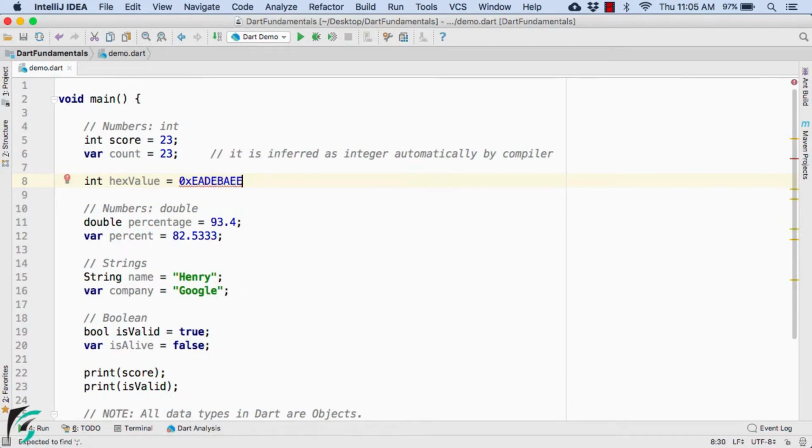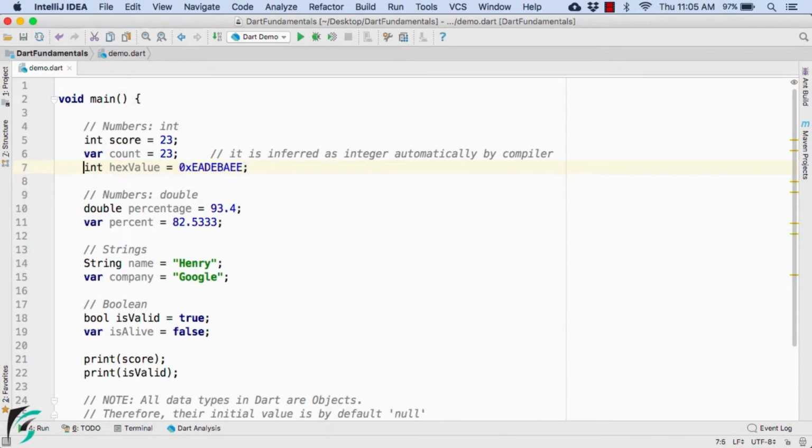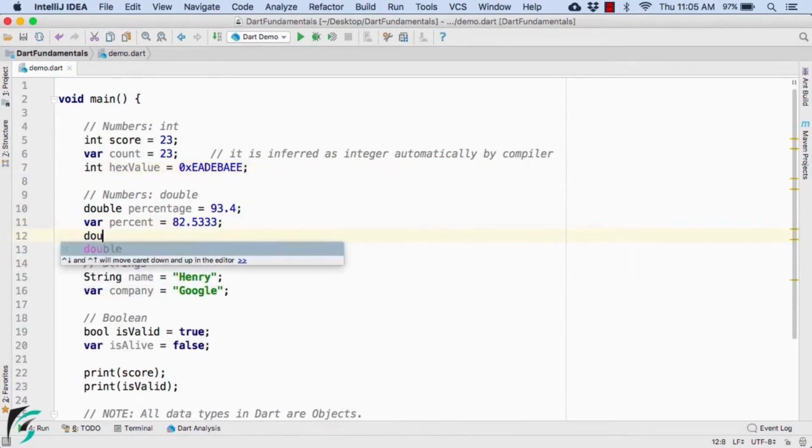Just make sure it has to be in 8 digits like this, and it will basically work fine. Well, this hex value basically represents an integer value, so you can assign it to an integer variable. Similarly, in case of double, you can also use double and assign an exponential value like this,